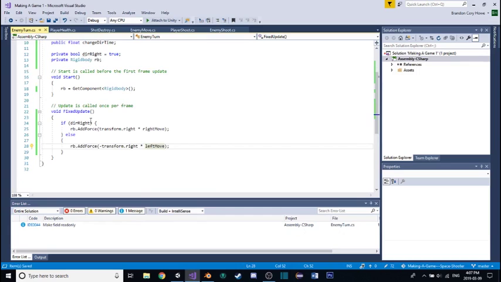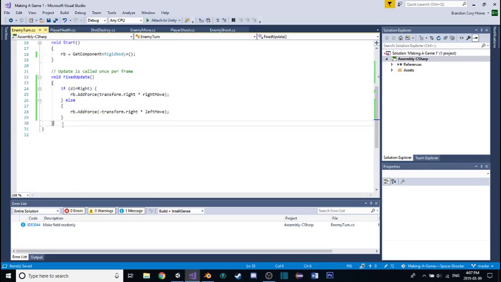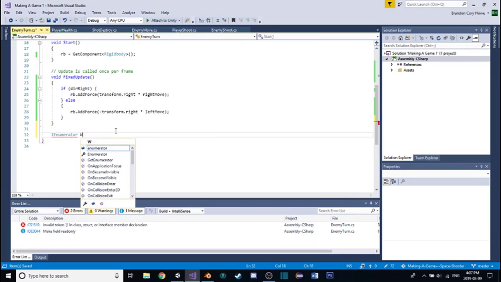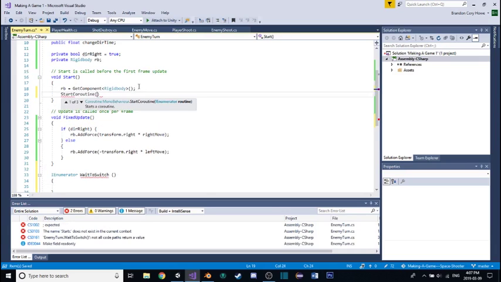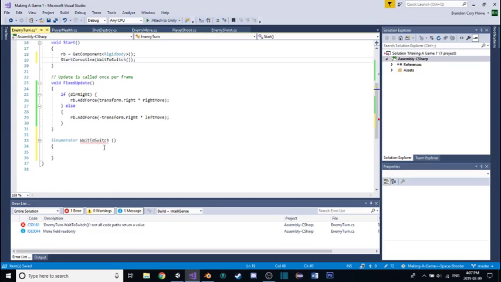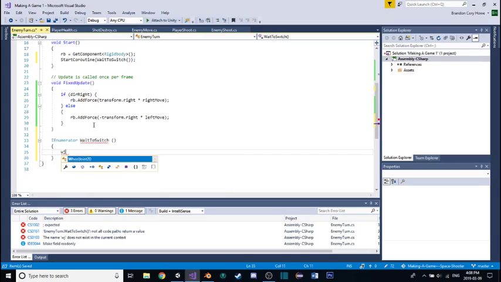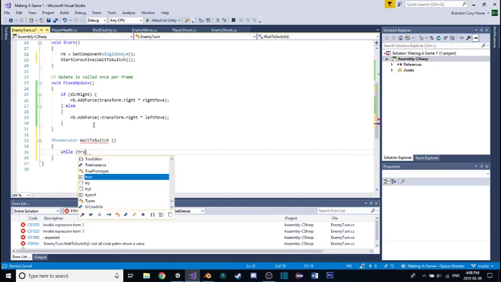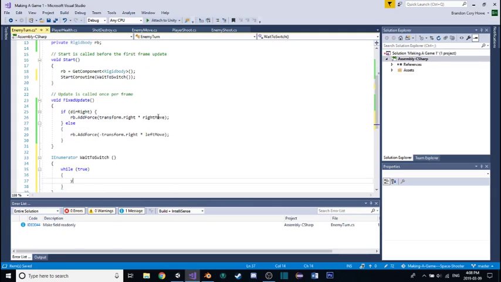All right, so now that should move the player both directions, but now we're going to want to do something that'll actually switch this direction based on the time that we've set. So with that, we're going to make another coroutine. And that's going to be WaitToSwitch. And I'm going to call that right away in the start function, StartCoroutine, WaitToSwitch. All right, so now, oh, it doesn't return anything, that's because we're not done with it yet. So we're going to put this in a while loop as well, because we're going to have this repeat indefinitely. So while true, then, all right,